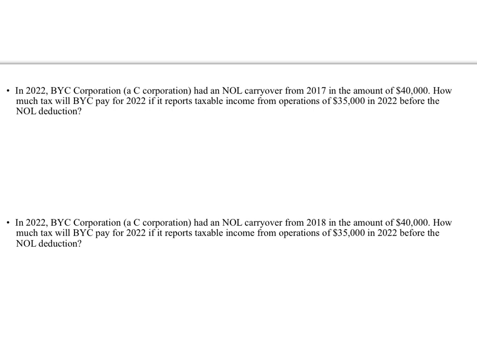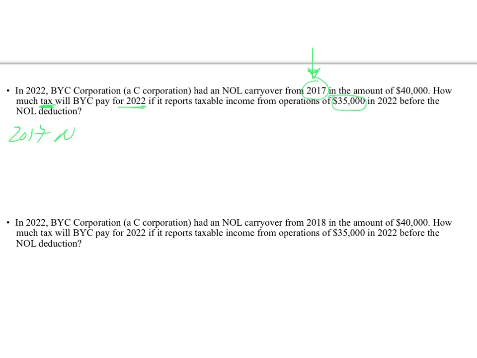So in 2022, BYC Corporation, a C corporation, had a net operating loss carryover from 2017, so that's critical, in the amount of $40,000. How much tax will they pay for 2022 if it reports taxable income from operations of $35,000 in 2022 before the NOL deduction? Okay, so we've got some critical timing issues. Our net operating loss came from 2017, and we know that